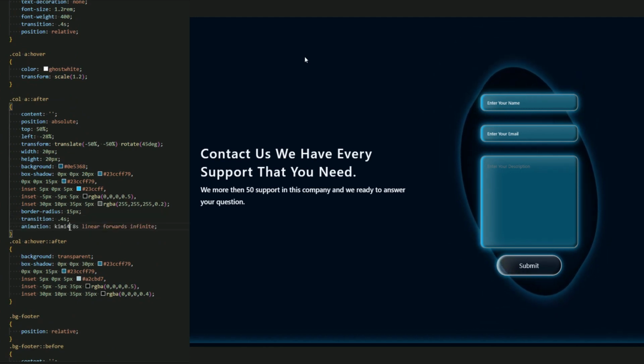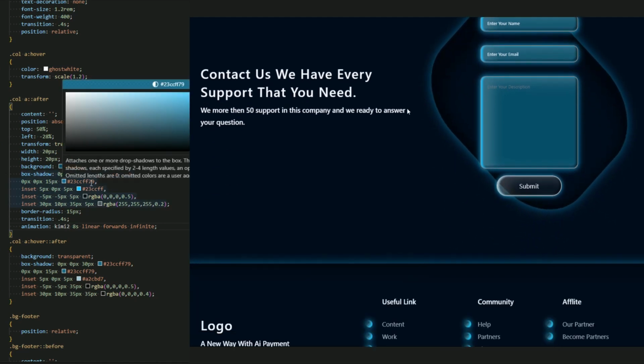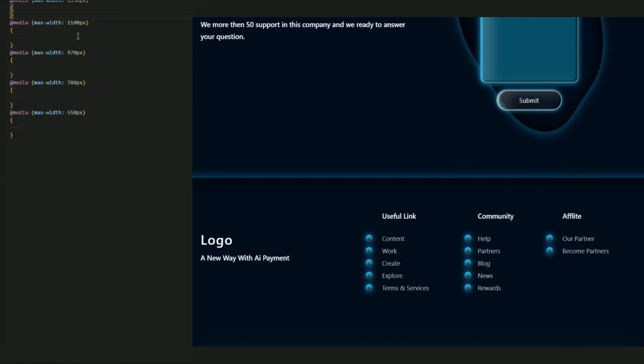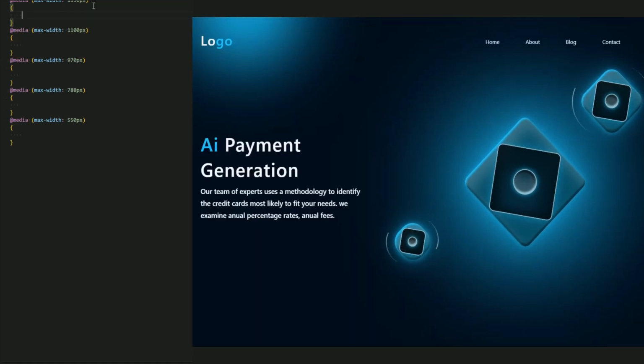And let me add a Kimi2 instead of Kimi4, and here we go. This is our animation, guys, as you can see it. Hope you love it, and use animation and how to create a skew for this animation. Okay, now for the media, let's start with this media max width, and I will